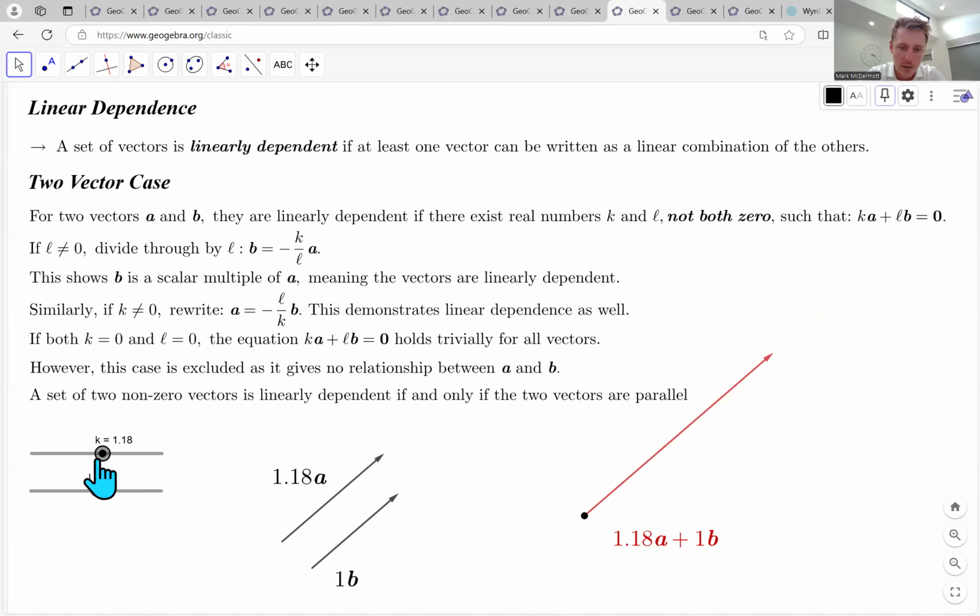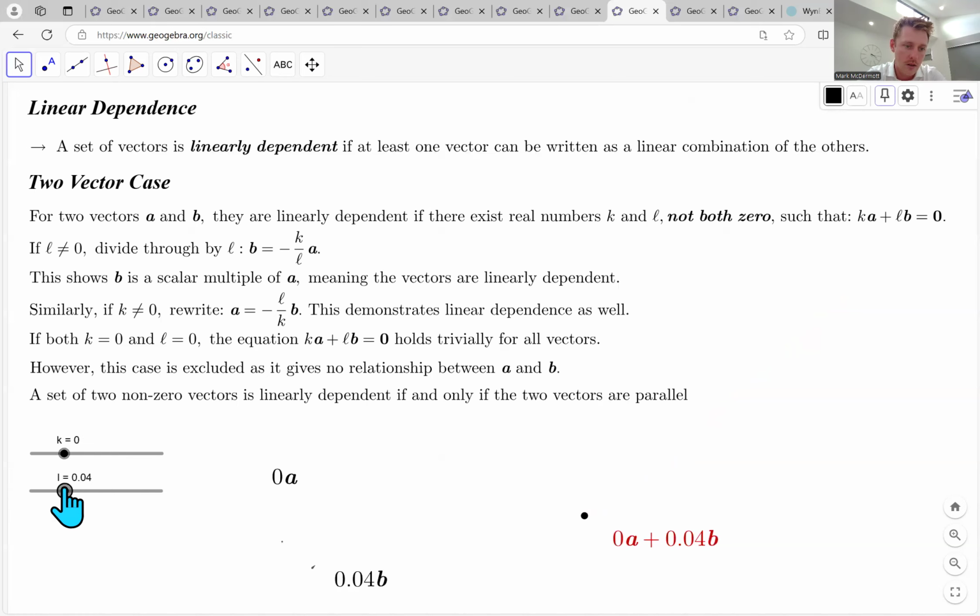So if I have a play around here, I bet I can make this go to zero, other than when K is zero and L is zero, because that solution sort of doesn't count. We sort of just have a boring solution. We're not really interested in that. But I reckon we can get one